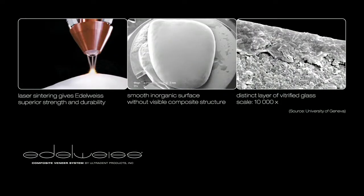And lasering is a very smooth process. It's a very precise process. With laser, you can cut, you can melt, and you can coat surfaces. And so, as we talked about composites, having a resin matrix with, let's say, glass fillers involved, using the laser, entering those surfaces, so to speak, sintering the glass inside, and finally coating a layer of glass on top of it, is kind of creating an inorganic smooth surface which we normally only know from, let's say, the glaze burn of a ceramic crown. And so that's why we say this is the best of two worlds, because